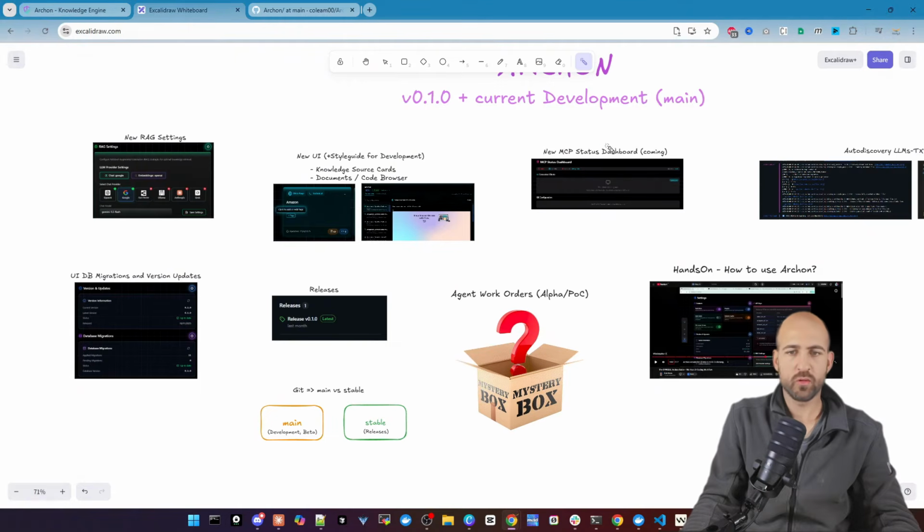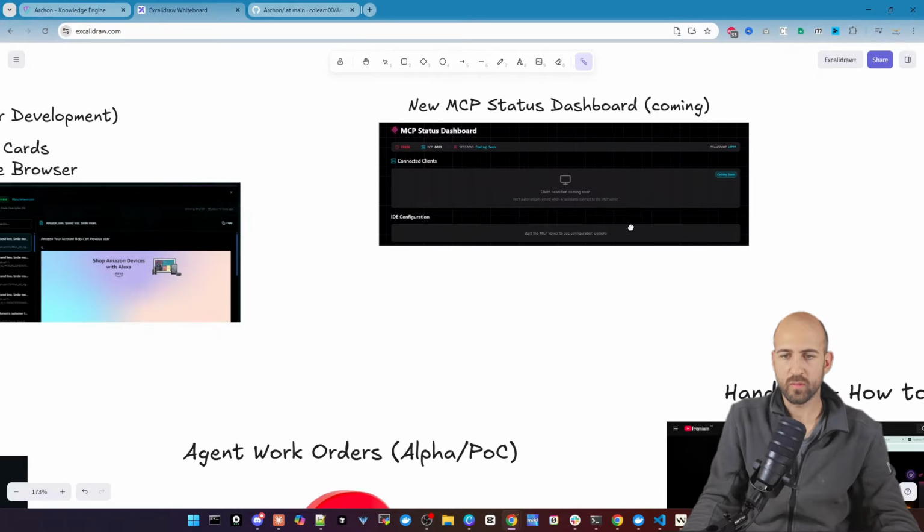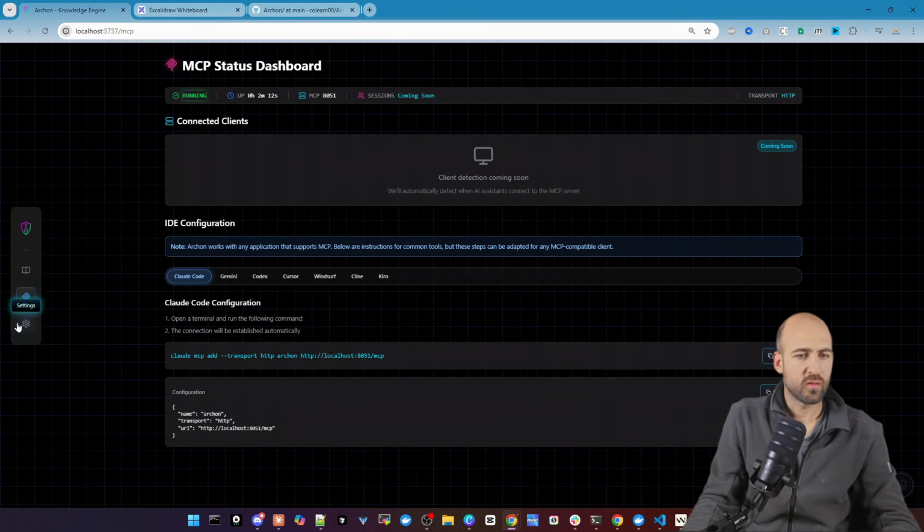The next thing I want to show you is the MCP status board. Let's go to Archon and here on the left side the MCP server. So we got a new design here as well. As already said, this one is not fully functional at the moment. The client detection is not working. Will be implemented in the future, but you still got the IDE configuration where you can directly copy your MCP